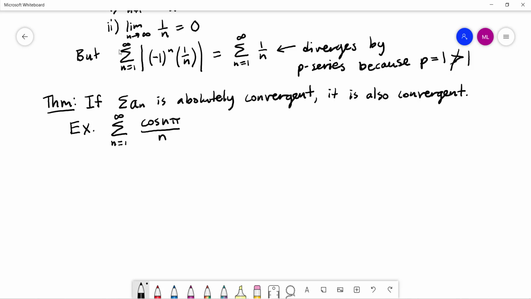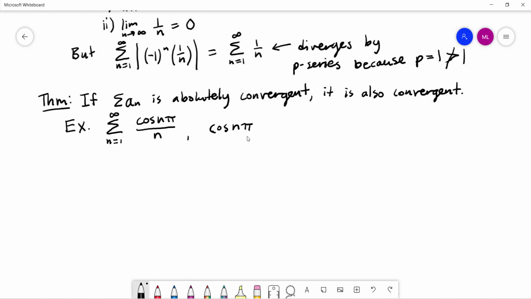Well, it turns out that even though it doesn't look like it, cosine of n pi really is only two values. N is an integer, so this is just doing integer values of pi. If n is equal to 1, we're at cosine of pi, which is equal to -1. If n is equal to 2, we're at cosine of 2 pi, which is equal to +1. If n is 3, we're at cosine of 3 pi, which is back equal to -1. So cosine of n pi is either 1 or -1,